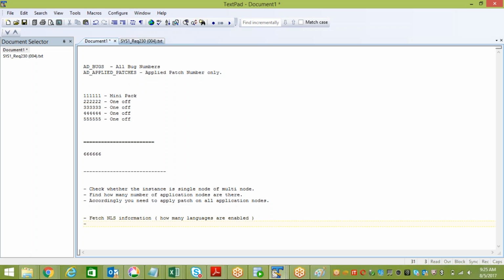Okay, so I need to apply for all languages. Make sure the base language is applied first. So you just need to make sure that the base language is applied first, and then the other languages. Okay, so here in this case,